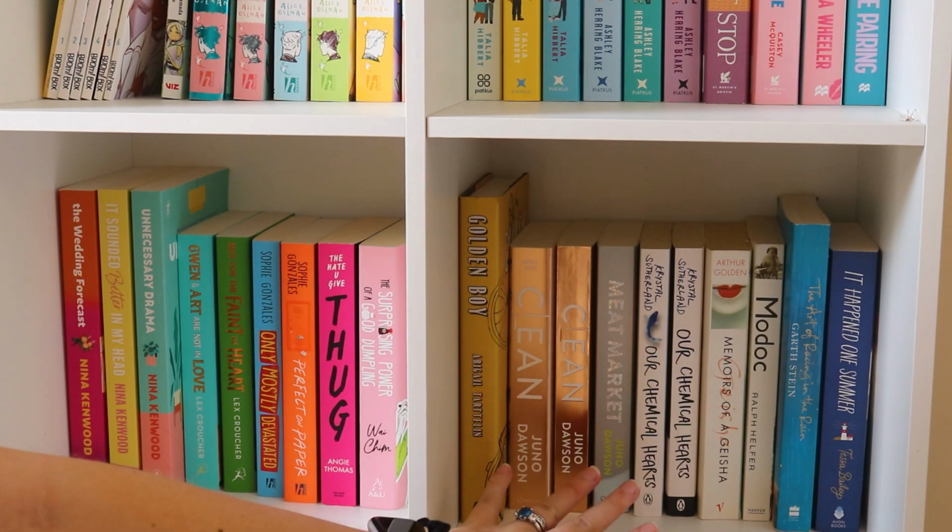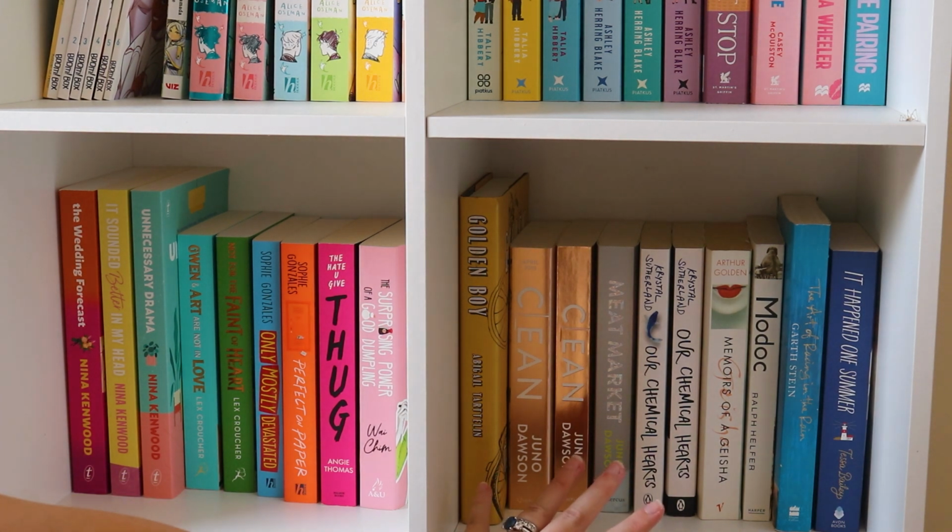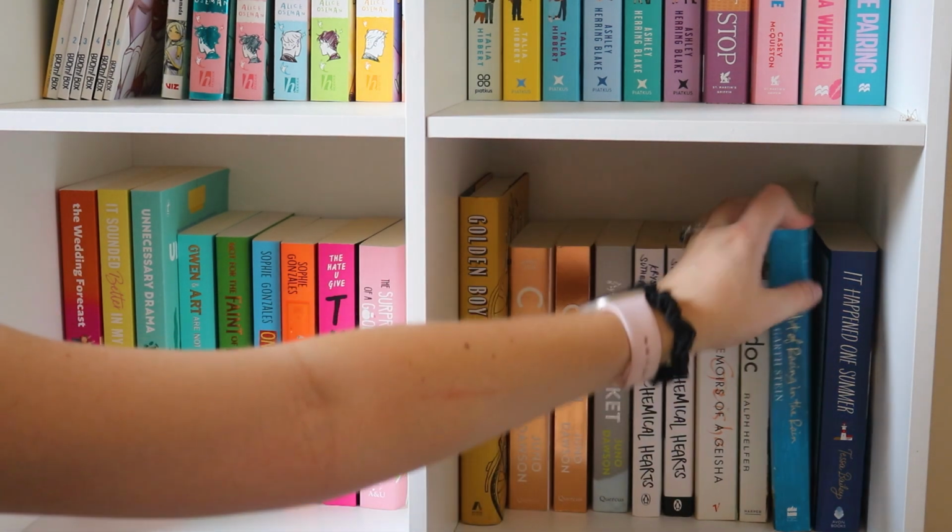I've got some Juno Dawson here and I really quite like her young adult. I don't really love her memoir or her adult fantasy, unfortunately, and I'm a huge fantasy person, so that's such a surprise, but Clean on this shelf would probably be my favorite. If you're talking about adult on this shelf, this one is my favorite